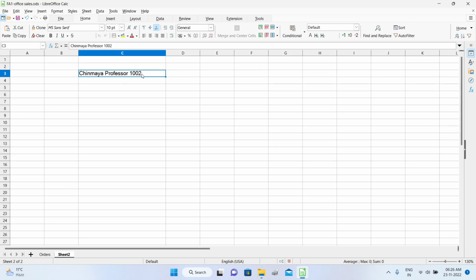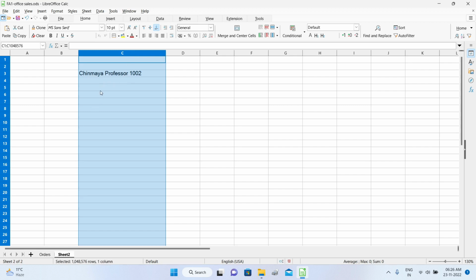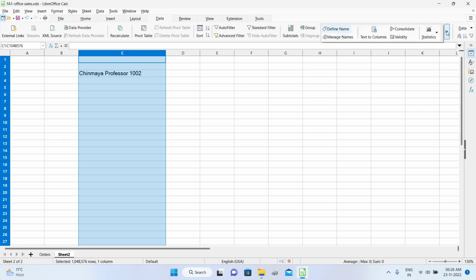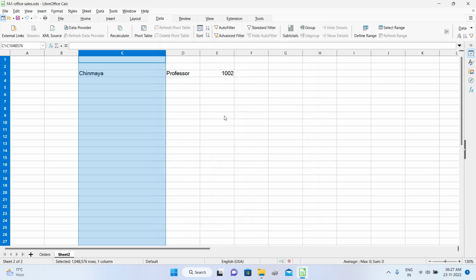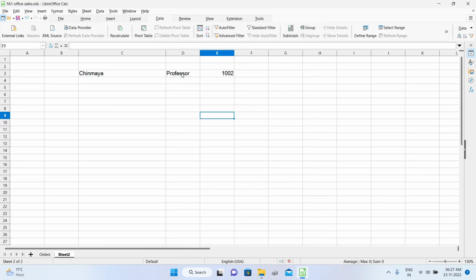I can just simply select it, or select the entire column if there were more rows of data, and then just click on the data tab and then come here and click on text to columns. You can see that it has nicely picked up the three items and it's ready to port them into three columns. So if this data was separated by a comma, you can come and click on the comma operator also if you wanted to. But here I can see clearly that the data is being nicely segregated, and I can just come here and click on OK, and you will see that the data is now moved on to separate